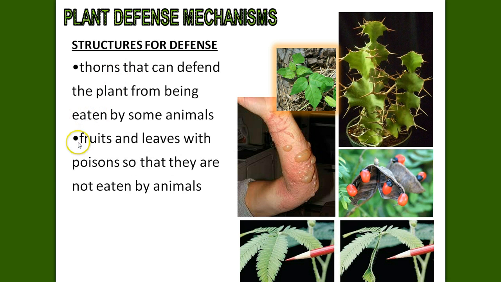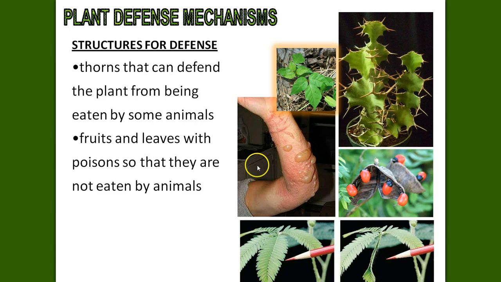The next structure for defense, fruits and leaves with poisons so that they are not eaten by animals. Well, we can tell that this boy right here, he's got a major case of poison ivy or poison oak, and it does not look like it feels good at all. I know that you've had that before, and if you haven't, you don't want it. So, two structures for defense so far are thorns that prevent a plant from being eaten by some animals, or fruits and leaves with poisons so that they are not eaten by animals. These are poisonous, and we all know that poison ivy or poison sumac or poison oak give you rashes that